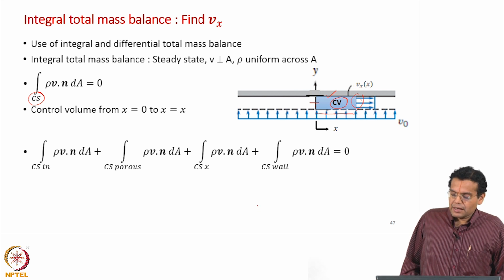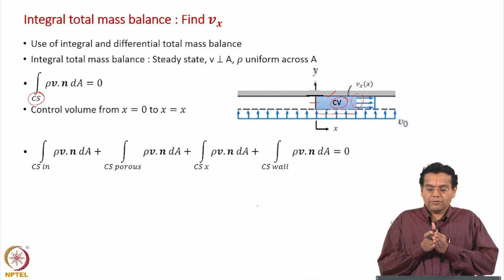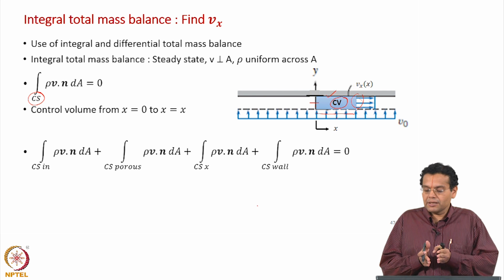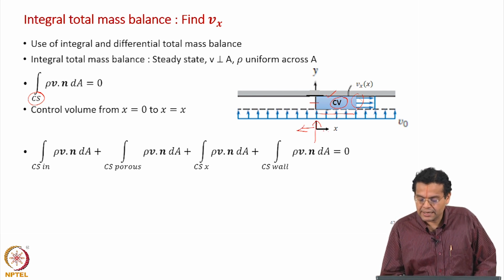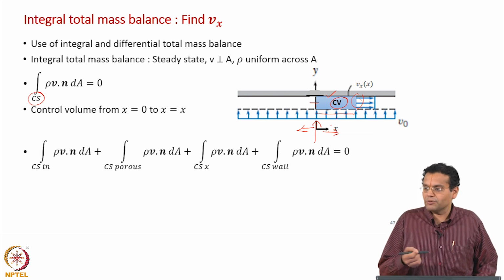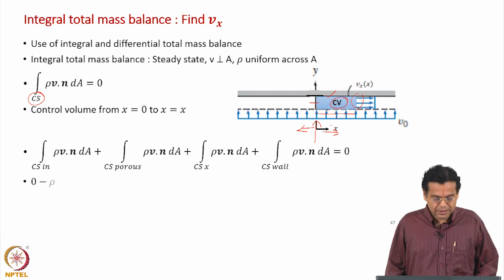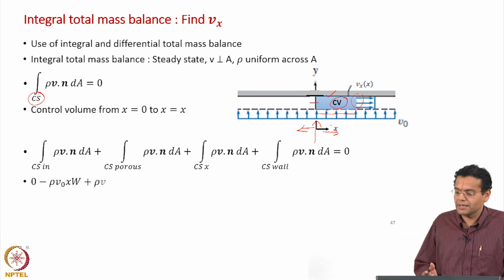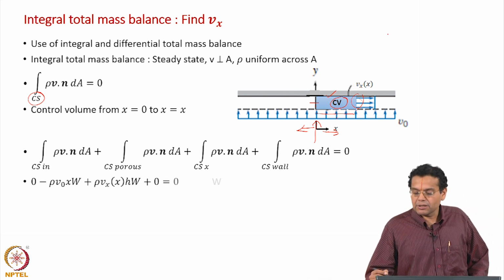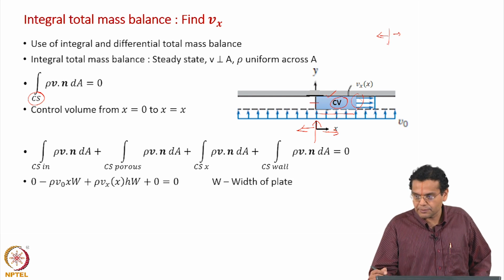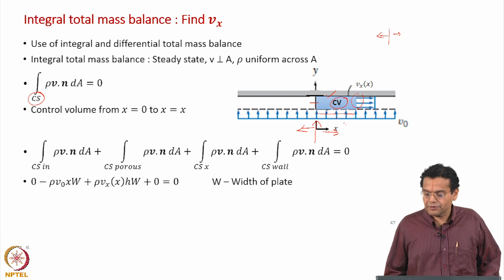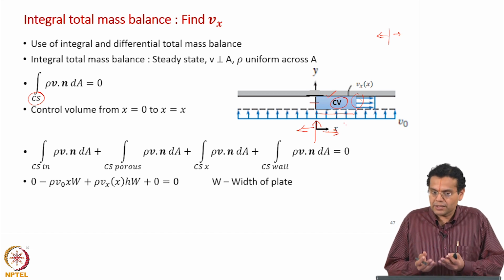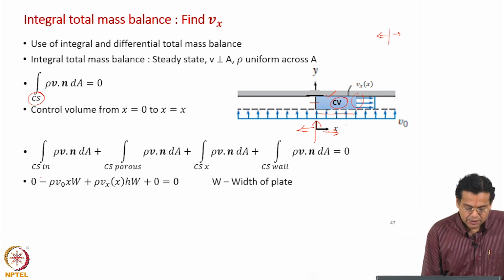Now, as we have seen in the previous case, a flow takes place and divides. Similarly, here also flow is along this direction and divides this side and this side. So, along that line there is no velocity, the velocity is 0. So, this first term does not contribute. Once again, x equal to 0 is where flow division takes place, and hence there is no velocity at that particular surface. Now, coming to the bottom surface, it is an inflow surface because flow enters through the porous wall, which is shown by a negative sign.